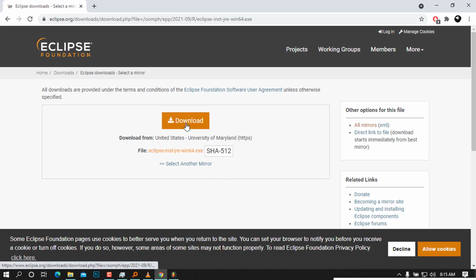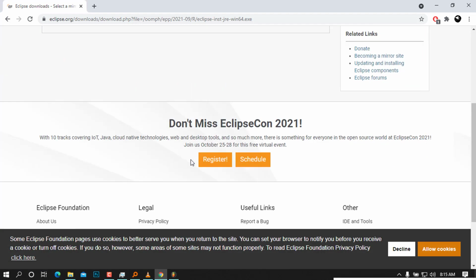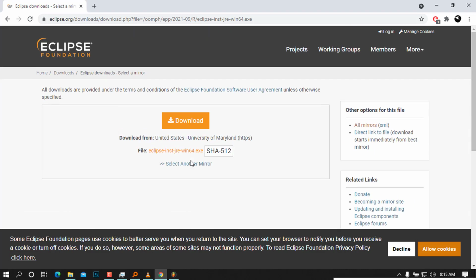It will download from the default mirror, and if you want to select another mirror according to your location, you can toggle that, but I want to leave the defaults. It will also give me the checksum, which is SHA-512. If you want to check that the file has full integrity, you can go ahead and download that one. So to do that, let me click on download here,